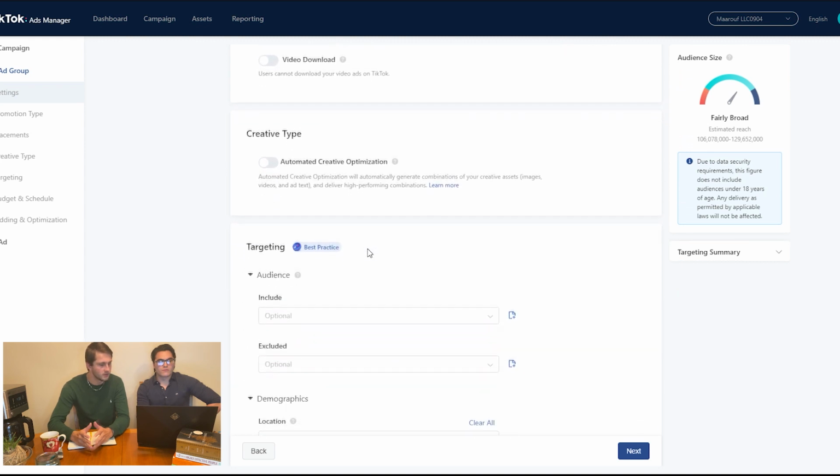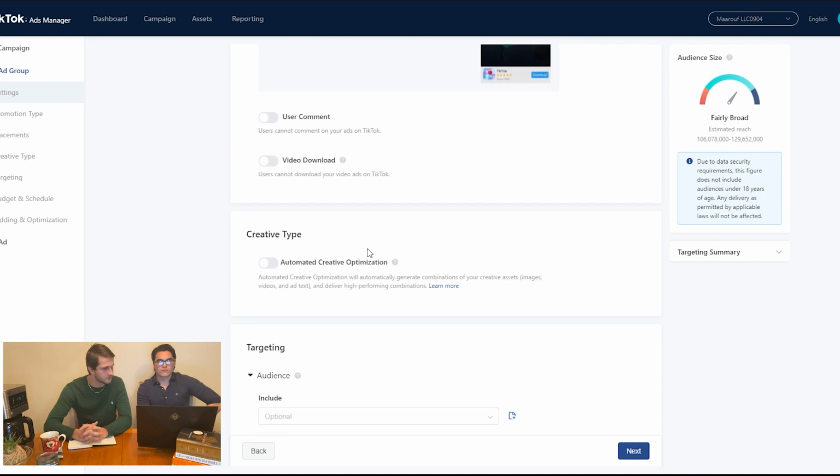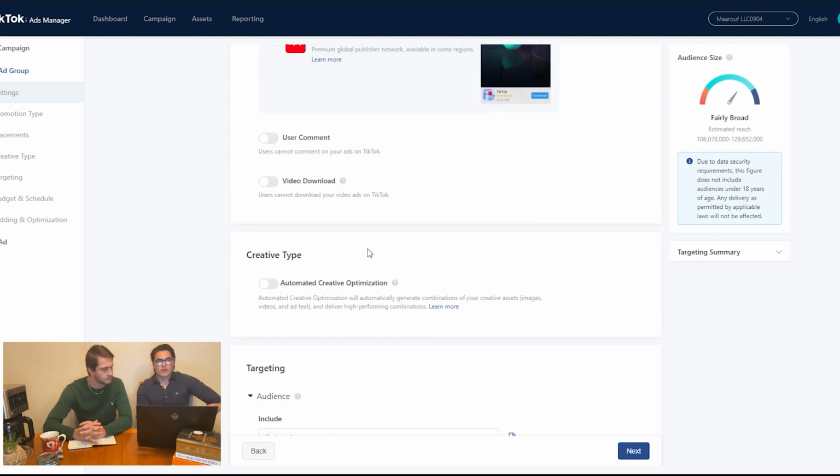Scroll down. So why would you turn off user comments and video downloads? User comments, people can spam comments. Now there are ways to moderate the comments, however, less headache to deal with. And also at the same time,